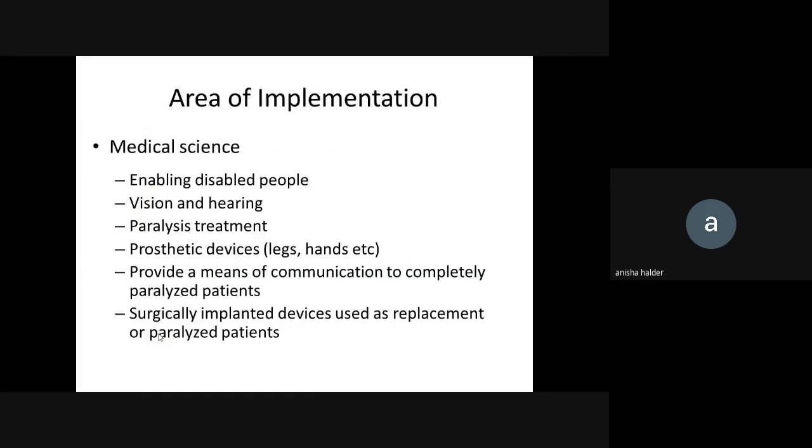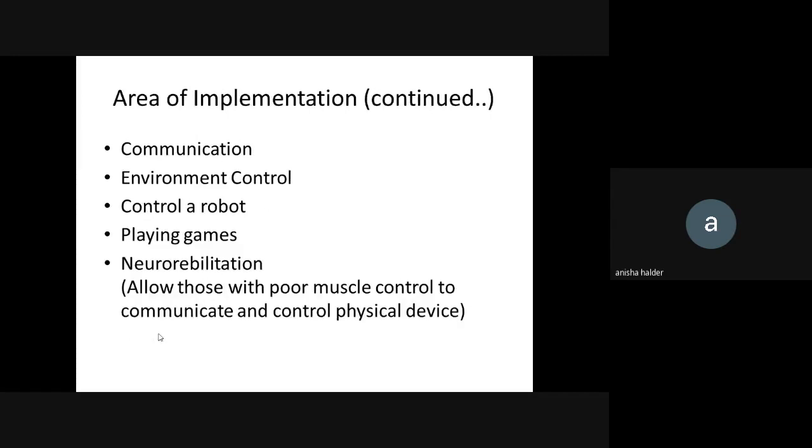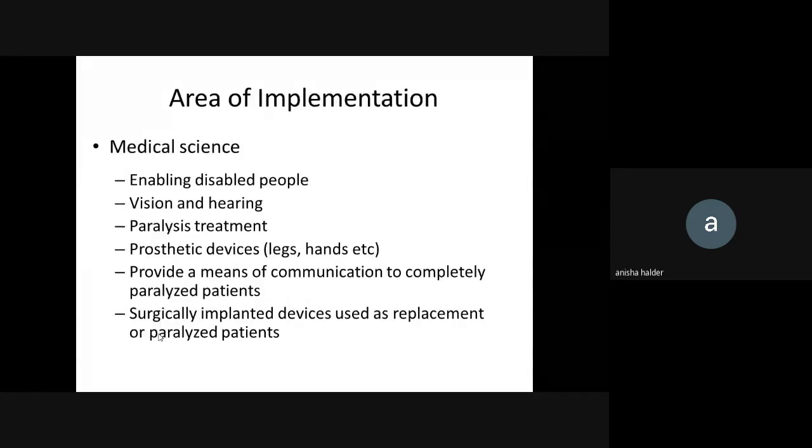So the area of implementation, definitely medical science. The first thing is medical science, as we have mentioned already in our last class. The robotic application in the medical domain we have seen, but there the EEG signal was there in many robots. So this is the field of brain computer interface, right? So the area of implementation is enabling disabled persons, vision and hearing,